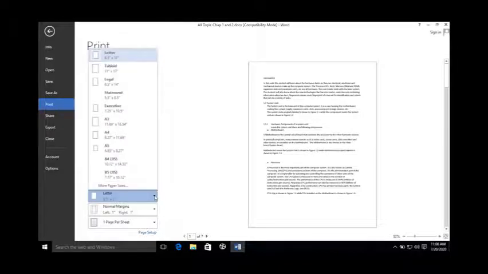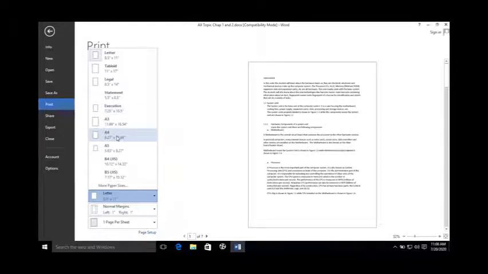Here different size papers are shown. It depends on you what kind of paper you are using for printing. Normally we use A4 size papers, letter size papers, or legal papers in offices. So you can select any of these papers, depending on your stationery or the type of paper that you are using.